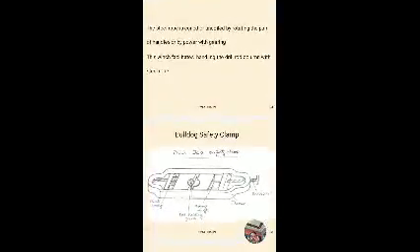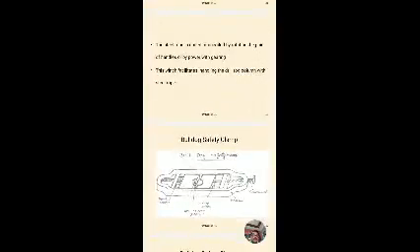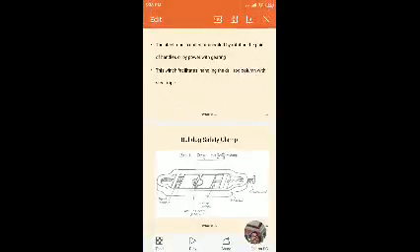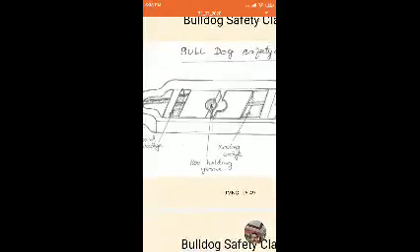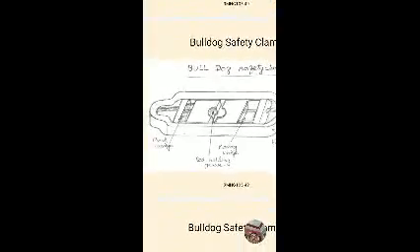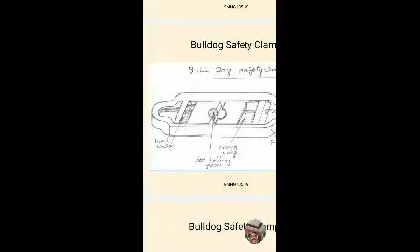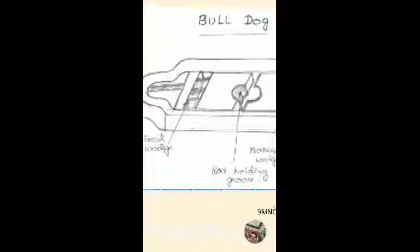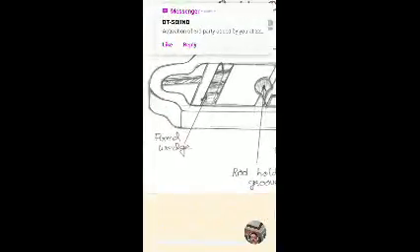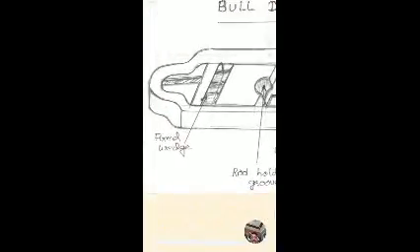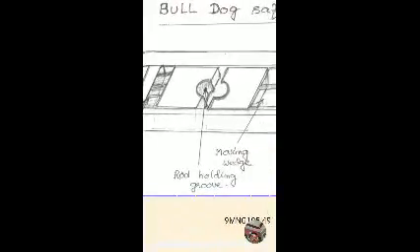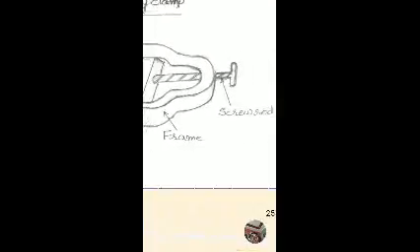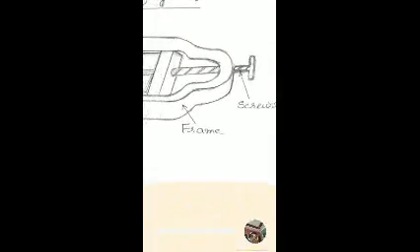Another most important one is the clamp. This is one of the important devices needed for drilling. Fixed wedge, main wedge, this is the screw rod, this is the frame.